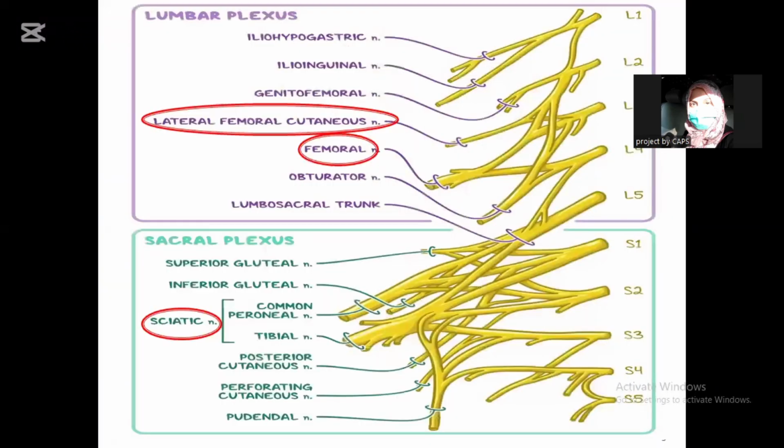Nerve plexus of the lower limb. There are two plexuses. First is the lumbar plexus, and the second is the sacral plexus. The lumbar plexus is formed by the ventral rami of the L1, 2, 3, 4 nerve roots, and the sacral plexus is formed by the lumbosacral trunk, which is formed by L4, L5, and S1, 2, 3, and 4. So the very important nerves arise from the